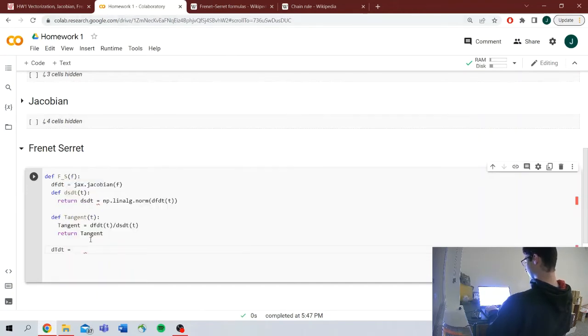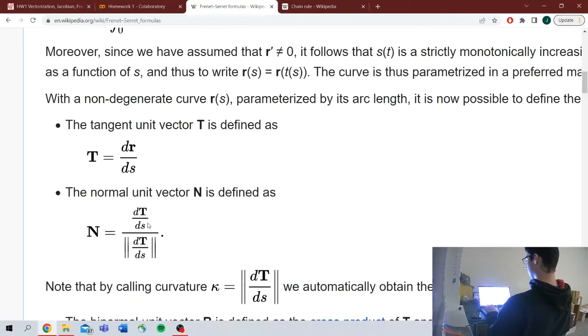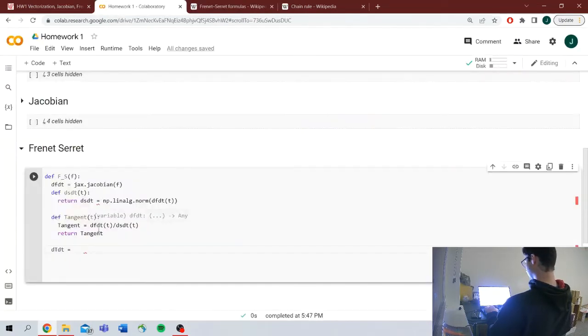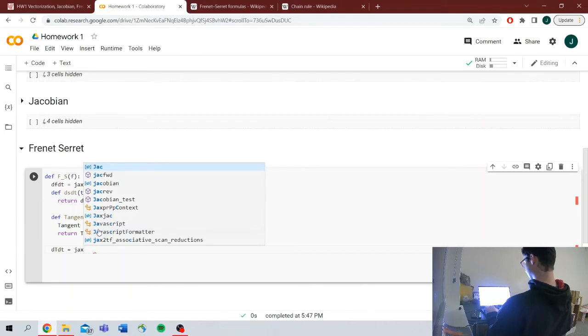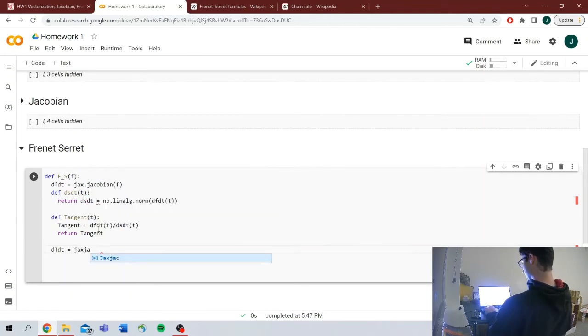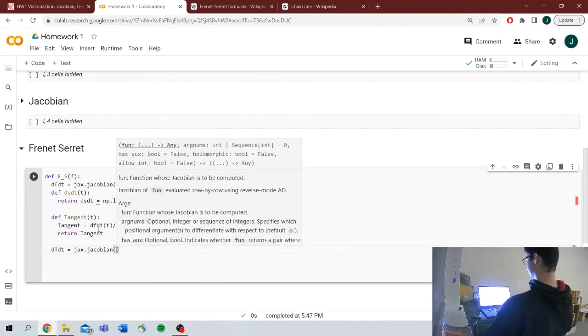And to get that, we're going to use Jax, right? So Jacobian of